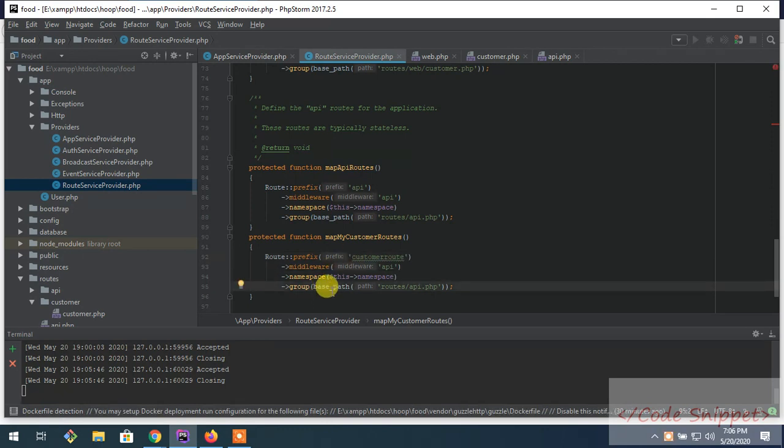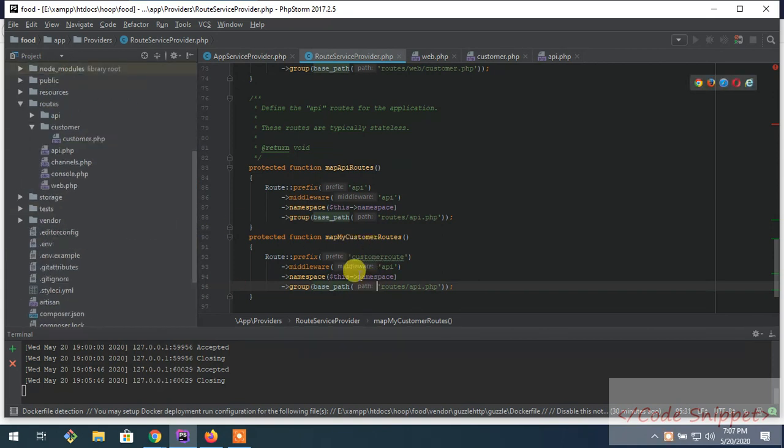Then this is a relative path, this is the path to your custom file. So my file is inside route, customer, then customer.php. So I'm just gonna write route slash customer slash customer.php. So I did it right, but it will still not work